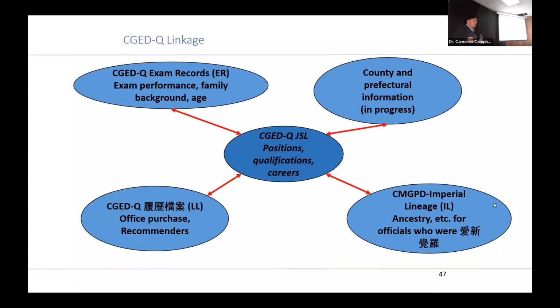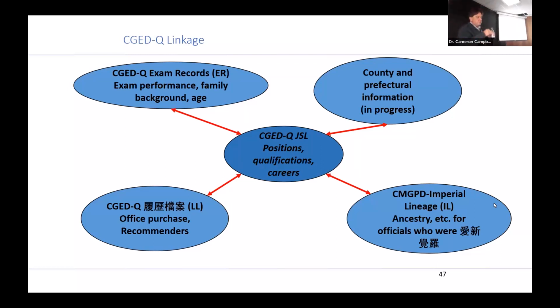We literally just finished entering something like 40 or 50,000 resumes. When people had an audience with the emperor, they would prepare the equivalent of a bio sketch, a one or two page quick summary of their career for the emperor. A lot of those were archived and have been published in facsimile editions, and we've been entering that.